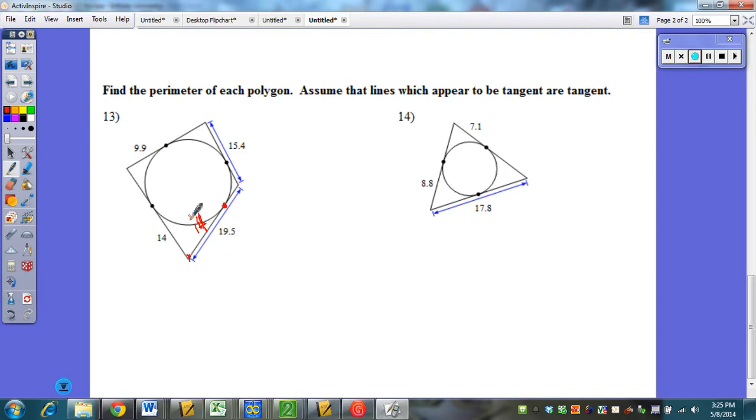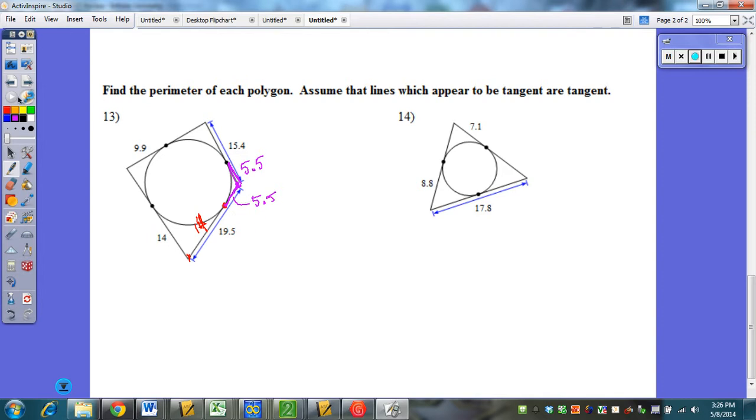Which means that from here to here is the difference between 14 and 9.5, which we get 5.5. Actually, these are the same problems. Okay? So then we know that this side will be 5.5,